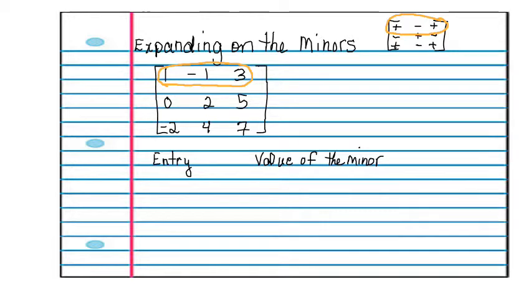So what we're going to do is work on each of the different entries and then the value of the minor. As I go along, it'll start to make a little bit of sense here. So I'm going to start with my very first one here, which is the number 1. So the entry that I'm doing is a number 1,